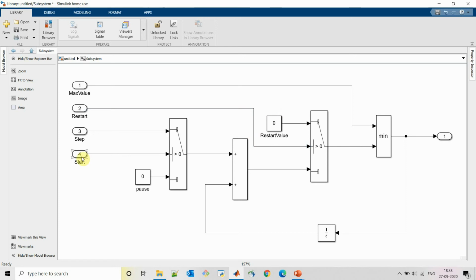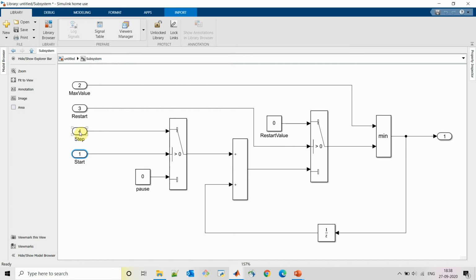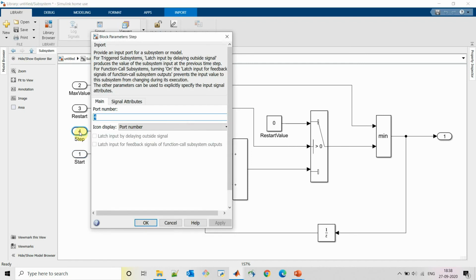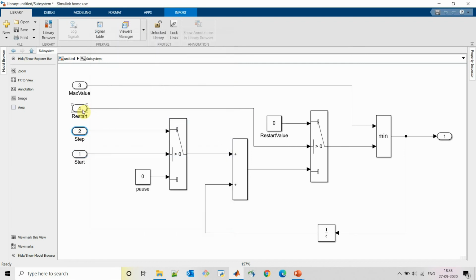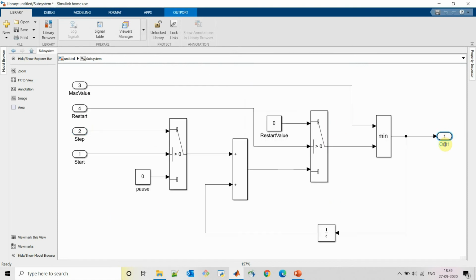We can change the port name as per our requirement. So I want start as the first input port, then step as second, restart fourth and max. Okay, and I will use output as count.